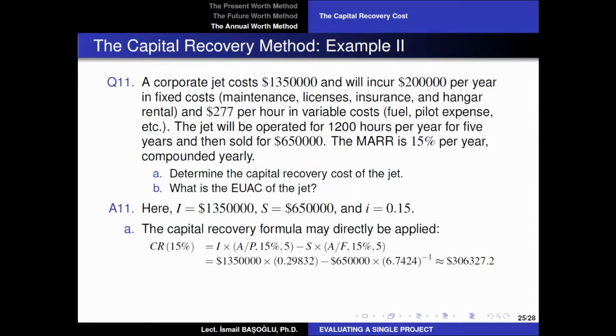Capital recovery formula may directly be applied, so we can calculate capital recovery directly by multiplying the initial cost with the capital recovery factor under 15% interest rate for 5 years and subtract the salvage value multiplied with the sinking fund factor under 15% for 5 years. A over P can be checked from the table directly, and A over F can be checked through its inverse. F over A will be 6.7424 for 15% interest rate for 5 years. And the final result will be